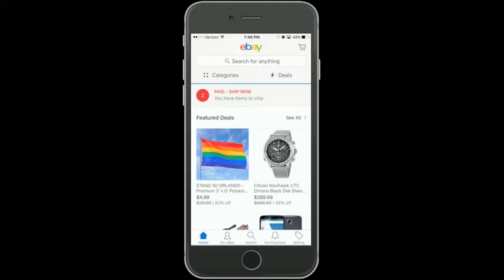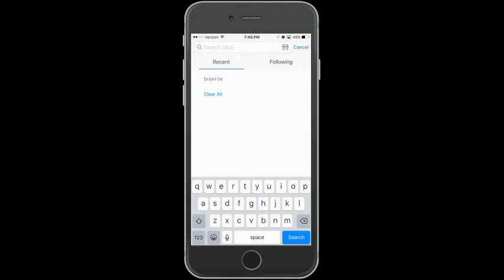eBay recommends a good price when you're listing your item, but I wouldn't always go off of that. Typically, I would say 95% of the time it's correct. But there are quite a few items that I have listed that it was way off. So let's start with the first one. It's a PlayStation 3 game called Grand Theft Auto 5. So we'll just